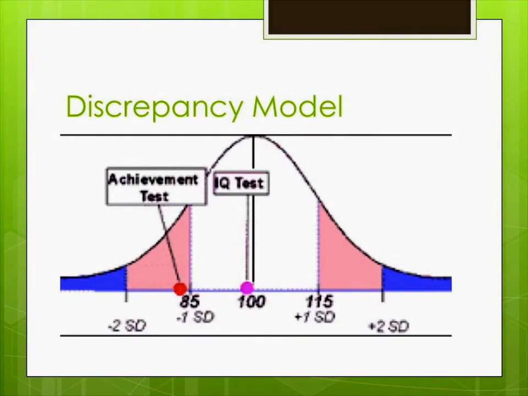The way this works is that an evaluator would give two kinds of tests, an IQ test and an achievement test. If the score for the achievement test was significantly below the IQ test, in some states the criteria was 1 standard deviation, other states 1.5 standard deviations, and even in some states 2 standard deviations, then there would be considered a discrepancy between intellectual abilities and achievement. This formula is not helpful in telling the teacher or family what to do about it. It merely places the students in a category so that they can receive services.